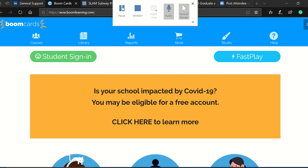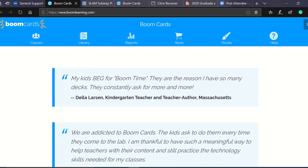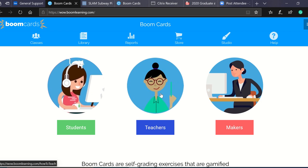Hello, Dr. Crowley. So I wanted to show you a little bit how I did the card. Basically, I went to Boom Cards, which the website is www.boomlearning.com. And I have an account, and this website is for teachers and therapists to create mini apps